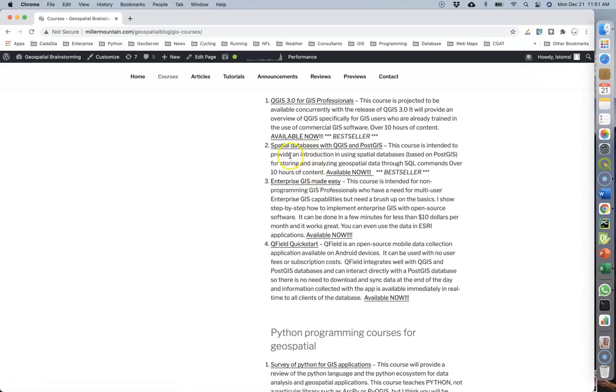I'm especially excited about my course on spatial database with PostGIS because I think using PostGIS to store data and analyze data in combination with QGIS is kind of a killer app for geospatial applications because you can create an instance of a PostGIS database stored on a server that's accessible from the web, and if you use that data in QGIS, then anybody who has access to your QGIS project file should be able to open up and see